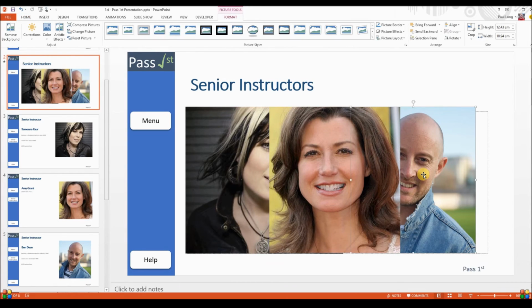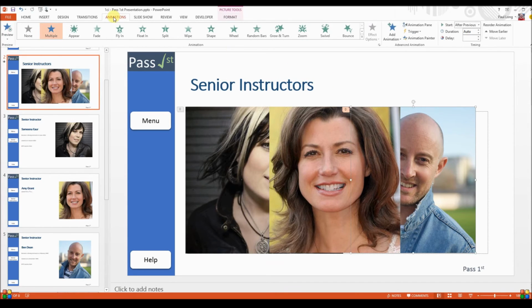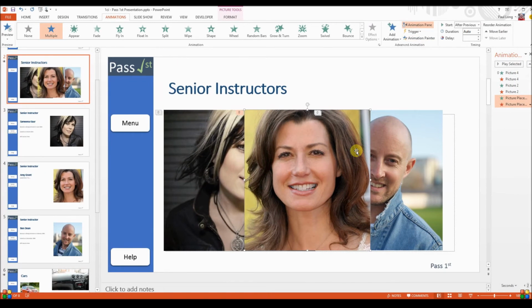Now what we can do is use what's called the animation painter. So we could give instructions of how to use animation painter by going to the animations ribbon and then selecting animation, clicking on one of the images that has already got the animation, clicking on animation painter, and then clicking on the picture of Amy Grant. Now if we click on our animation pane, we can see that Amy Grant has had her animation added to the bottom, and all we've got to do is move it up to be in the second position,